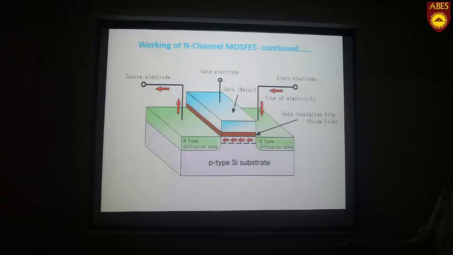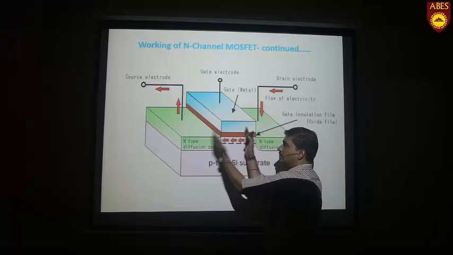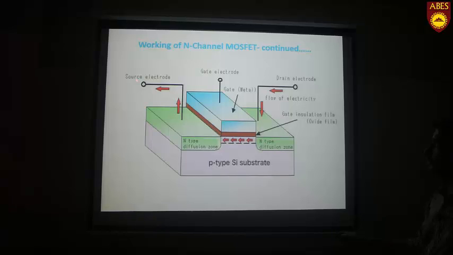So in this next diagram I have omitted that isolating region. Here we see the P substrate, one diffused region this side, another diffused region this side, and in between, above the gate oxide, the metal or polysilicon layer is there to connect the gate electrode, and these two regions are the source electrode and drain electrode. If we see the structure from in between, both sides are symmetrical. Since both sides are symmetrical, either terminal can be taken as source or drain. If this is source, then this will be drain, and if this is source, then this will be drain. There will not be any effect of this.